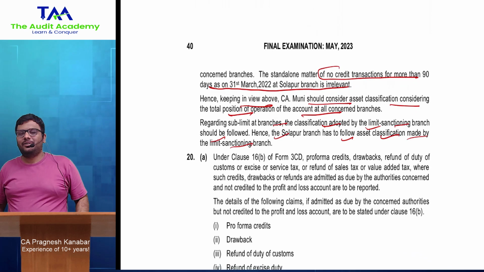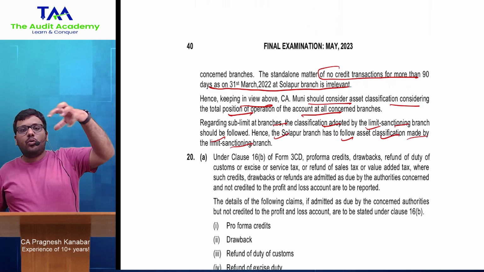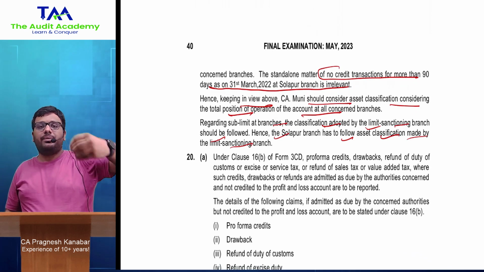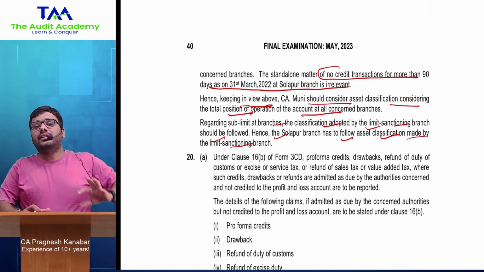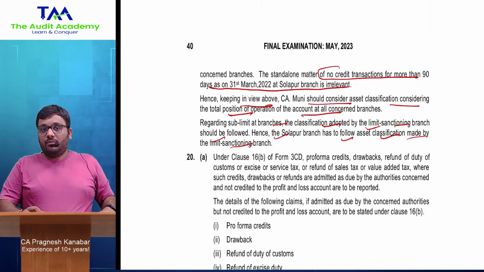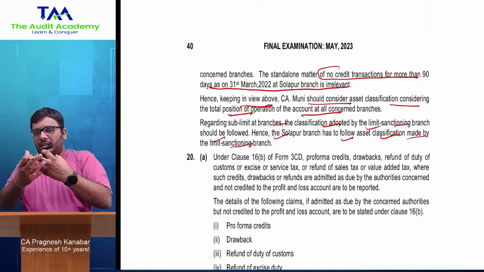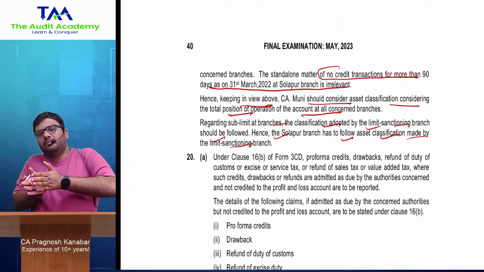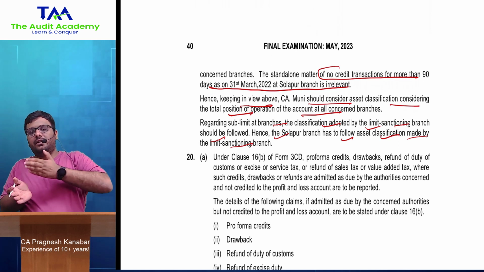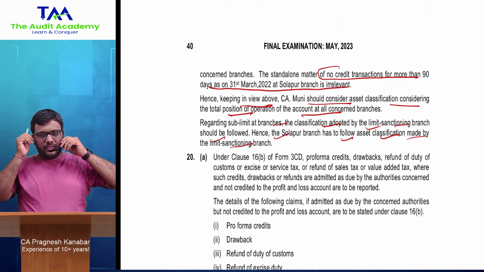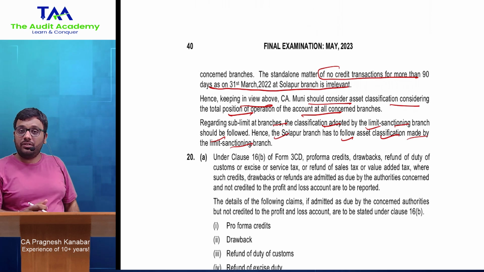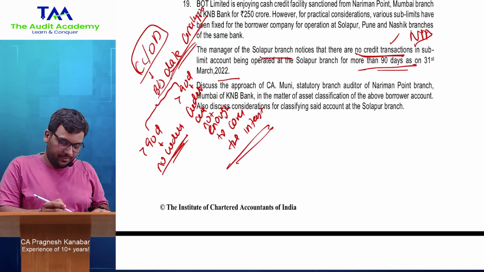मैंने भी आपको आंसर में क्या बोला कि अगर कोई ऐसा एविडेंस है कि भाई ओवरऑल जो लिमिट सैंक्शनिंग ब्रांच थी वहां पे पैसा आ गया है, देन इट इज ओके, ऑलराइट. बट अगर नहीं आया है, then classified as NPA. So basically let me set it like a rule कि limit sanctioning branch के हिसाब से classification होगा. It will be as per the limit sanctioning branch, all right, and not just the sub limit branch. So it's a very good discussion. I really love this question.